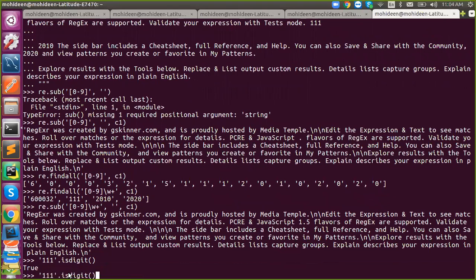Okay, now I'm going to say in the traditional method: for w in C1.split, if w is digit, but you have to say not.